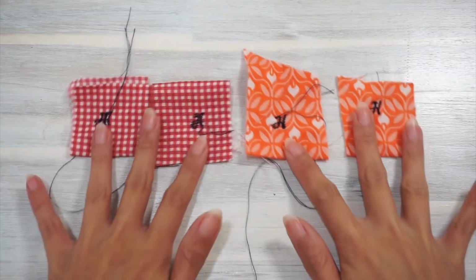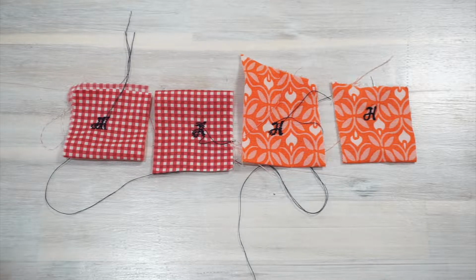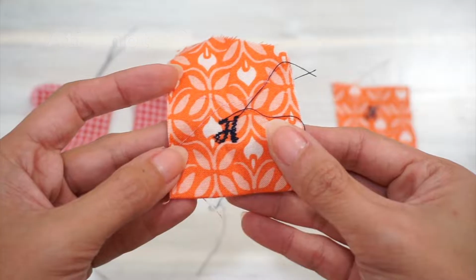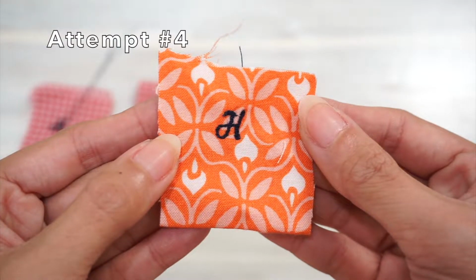And it worked! It took me 4 tries to get the stitch settings right, but I figured out the best process of getting a nice thick embroidered letter with this vintage monogrammer. Yes! Okay, now that I've got the setting of the vintage monogrammer attachment right, I'm gonna start doing the embroidery